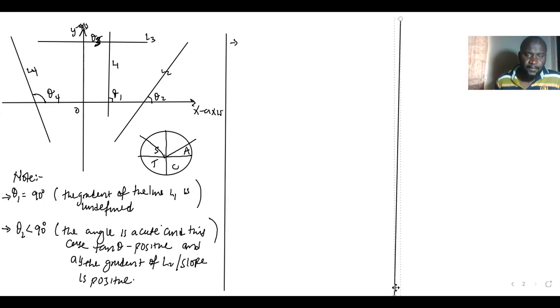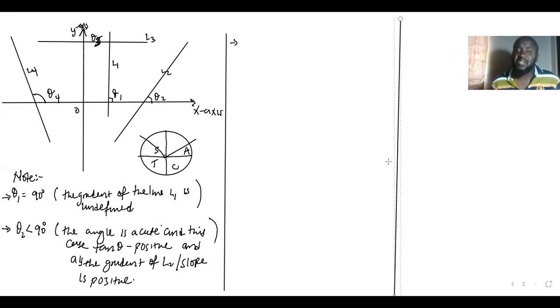I was saying, if line 1 is at 90 degrees to the x-axis, the angle there is 90. So therefore, tan of 90 is infinity. So it means if a line is perpendicular to the x-axis, then its gradient is undefined, because tan of 90 is infinity. Then if the angle for line 2, for example, theta 2 is less than 90, as you can see, it is an acute angle,